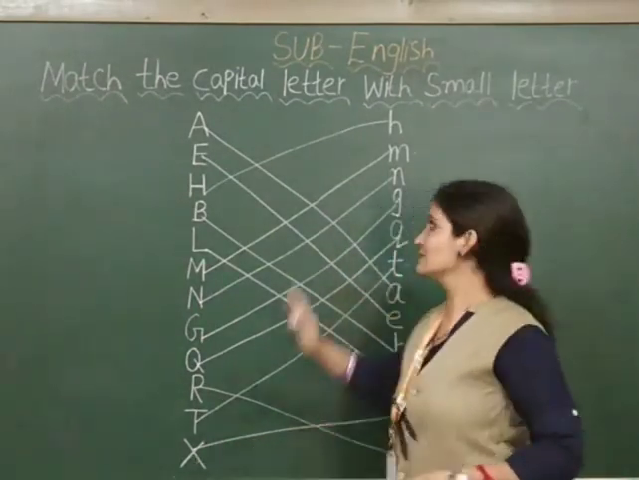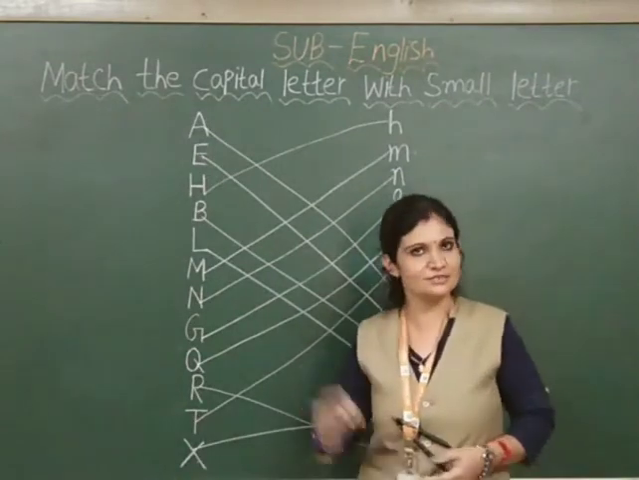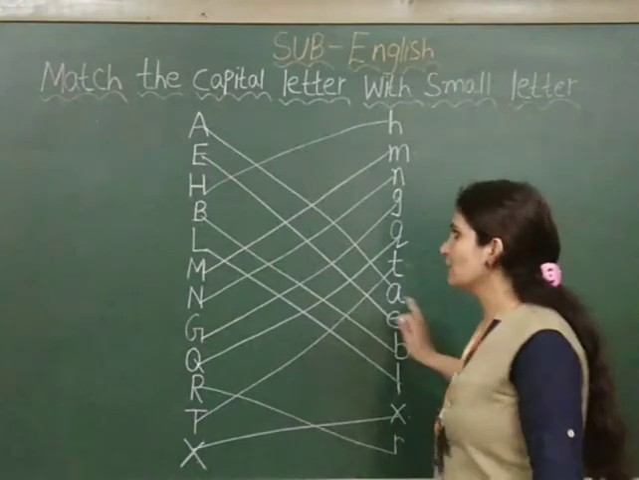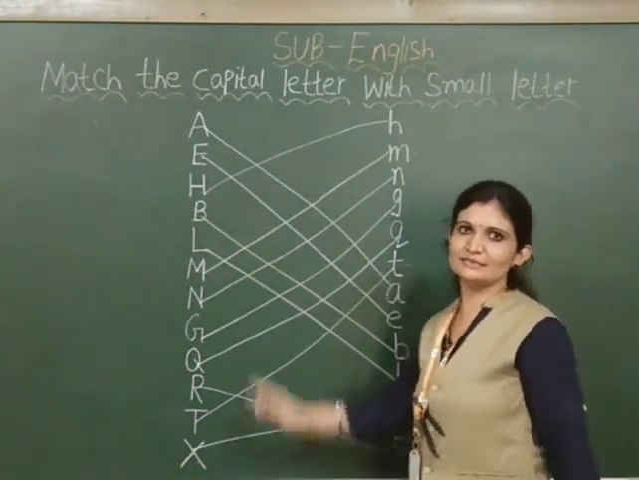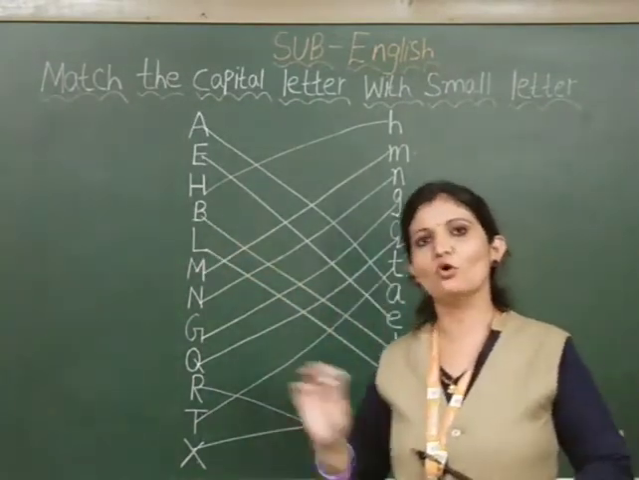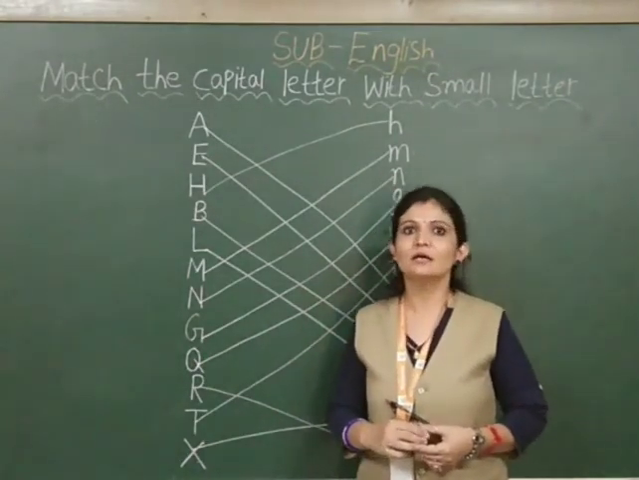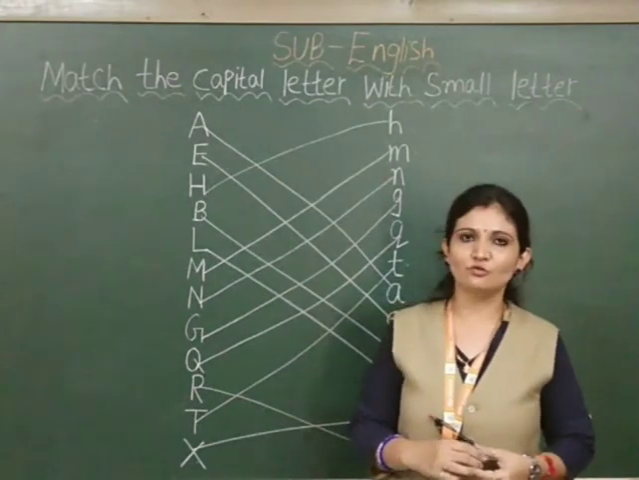I hope you understand this activity. How to do this activity? It is simple. So you have to practice this activity. With the help of this activity, you come to know which is a capital letter and which is a small letter. And you have to do matching. And I hope you understand how to write small letter X. So you have to practice this